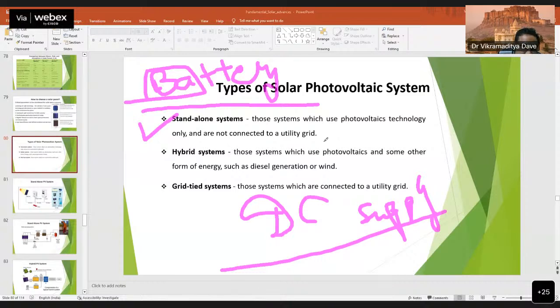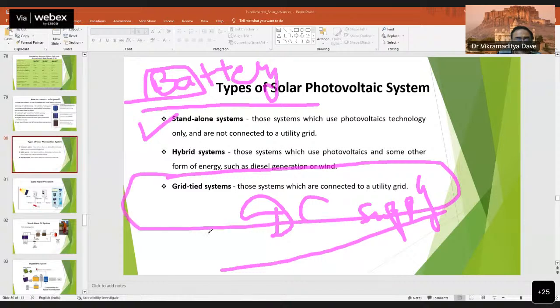And the third one, which is being widely used in our country and other countries also, is the grid connected system, where whatever supply is being generated by solar is converted into AC, because solar generates DC, and then this AC generated through the inverter is connected to our grid system via a transformer. Okay, so this is being widely used, and in our own institute, that is College of Technology Engineering, at 10